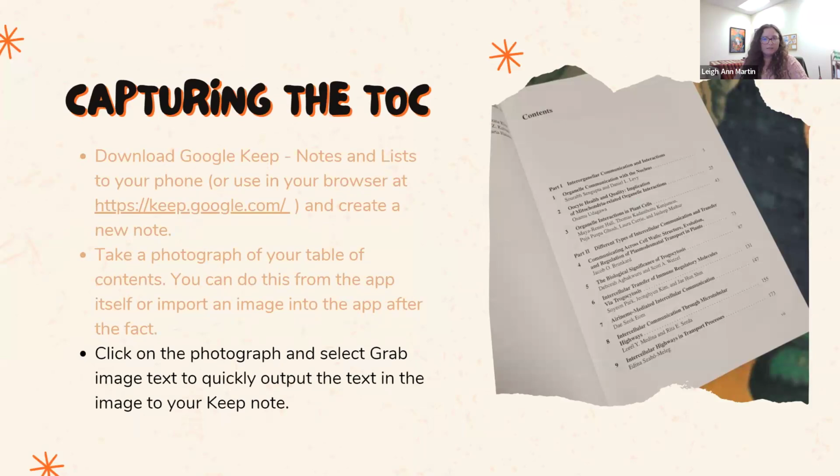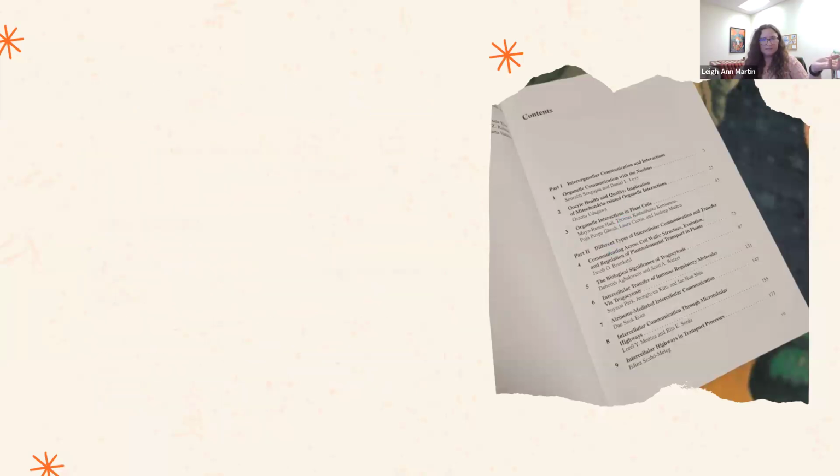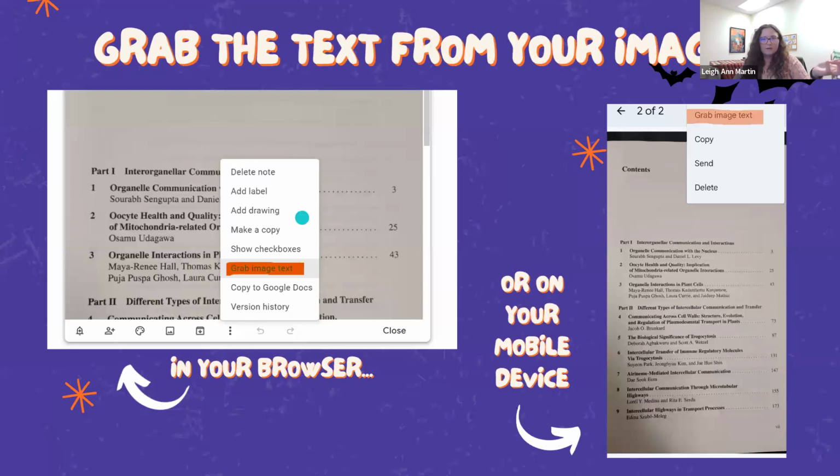And the final step of this is you will use Keep to OCR that text. You click on the photograph and you select the option Grab Image Text. On the desktop option, that's going to be at the bottom of your note. And on the phone app, I had to hit the upper right. I don't have a frame of reference for iPhone. Hopefully it's similar. Keep will take a few moments to think about it before outputting the text into the body of the note. It's hung up on me a couple times historically, but it's really rare. Once that finishes,